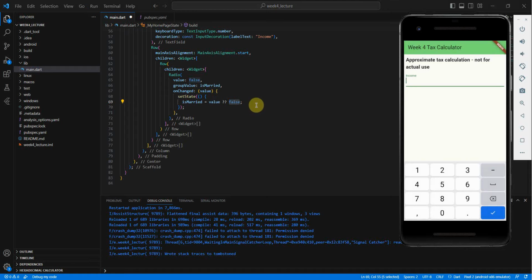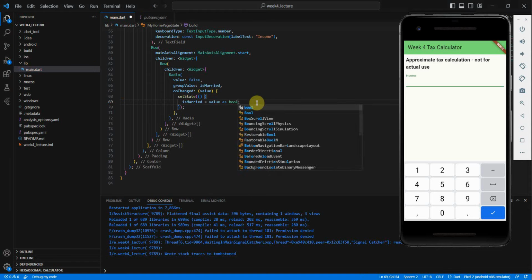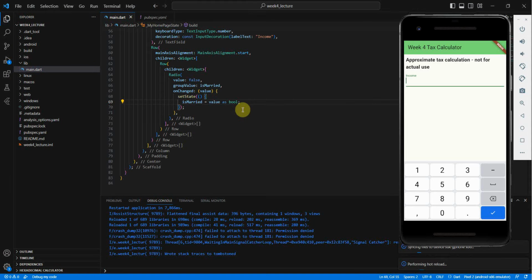So instead of doing that, I'm just going to go as bool. And that's also going to handle the casting. So if we look here, there's our first radio. Looks pretty good so far, but what is this radio, right? What does this represent? Well, we're going to want to have a text widget to demonstrate what this represents. So right after that,